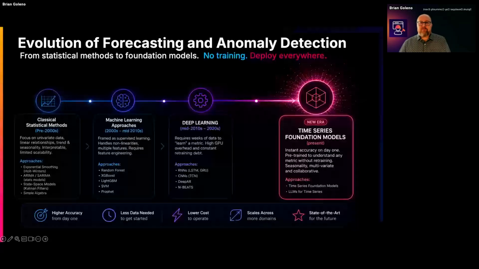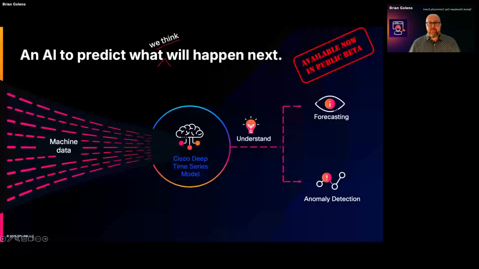So let's get into it. We're very excited to announce our time series foundation model, the Cisco Deep Time Series model, which is now available in public beta in Splunk. And by public beta, I mean that anybody can go and use it right now. We keep it in beta as it's still evolving. We're rolling it out very fast. We're iterating on these changes. So we still keep it under the beta mode, but it's available with full capabilities for you to go use